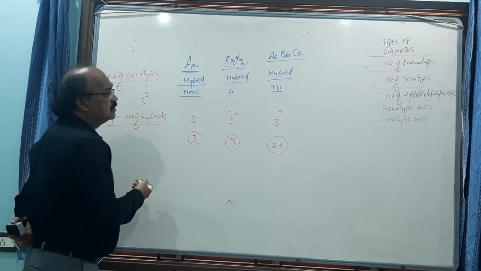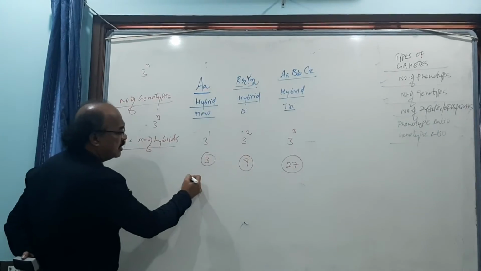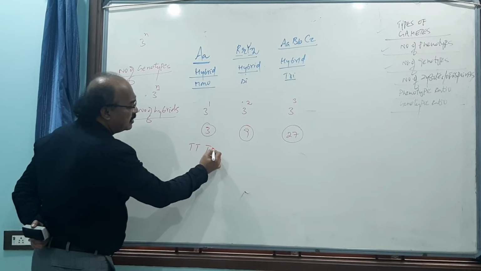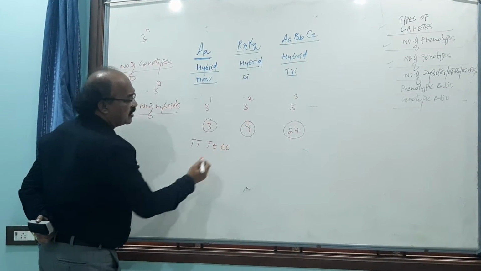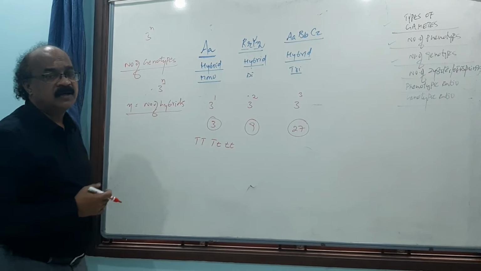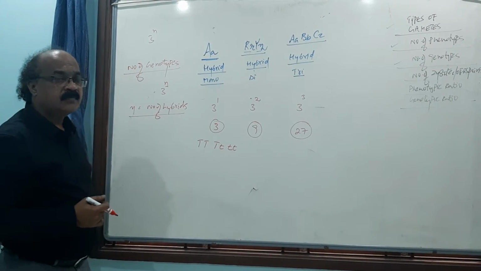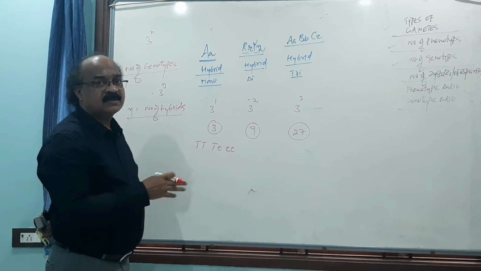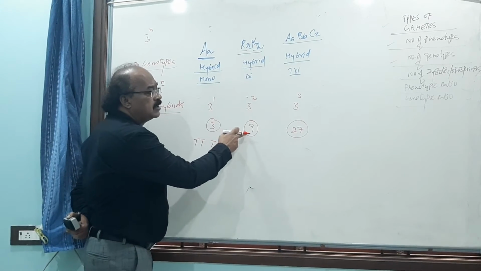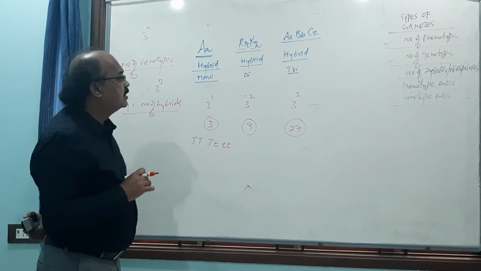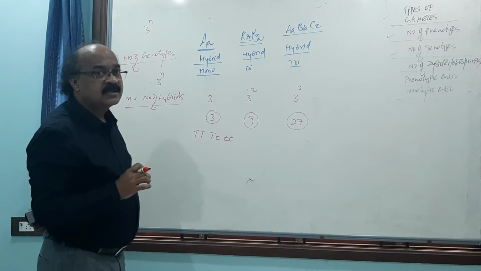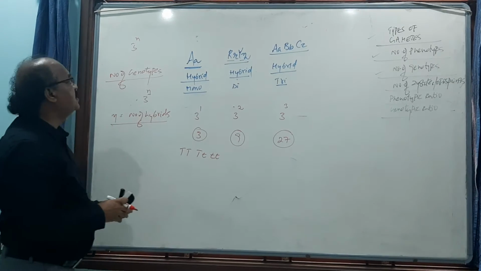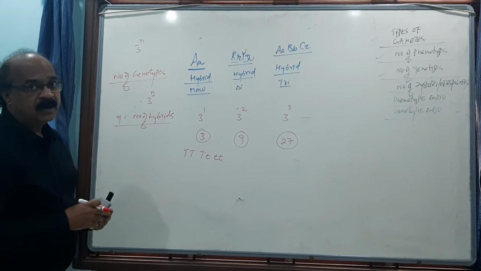In the case of monohybrid, we are getting capital T capital T, capital T small t, small t small t. So in the F2 generation, we are getting 3 types of genotypes. And in the dihybrid, it is 9. While I am discussing the dihybrid cross, we will discuss that extensively. But the simple formula is 3 raised to n, where n is the number of hybrids, and 27 genotypes you are getting in a trihybrid cross.